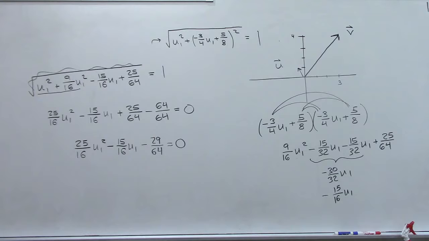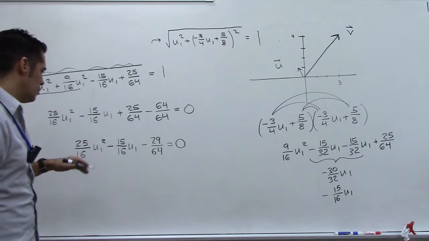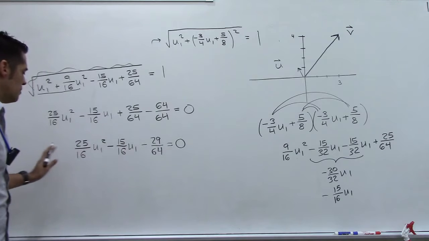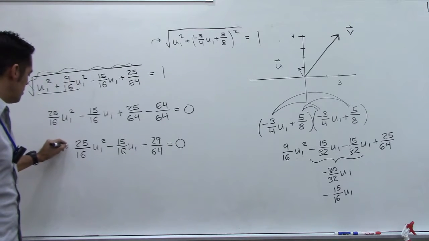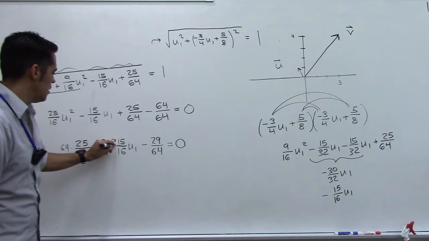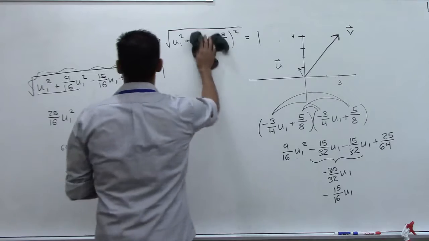Okay, so now this is a quadratic equation, so you could solve it. There's two solutions. Before I go to the quadratic formula, I'm just going to clear the fractions. So I'm going to multiply everything by 64. We should get,